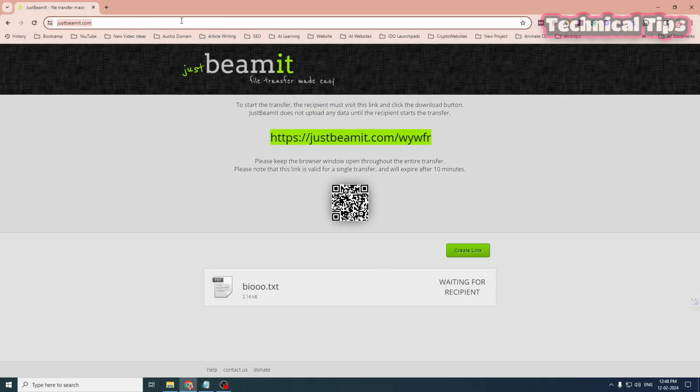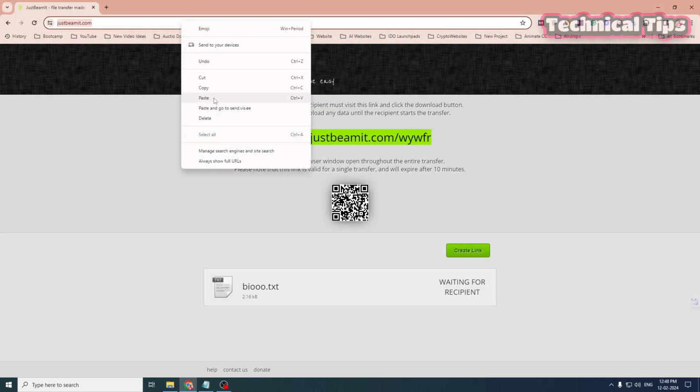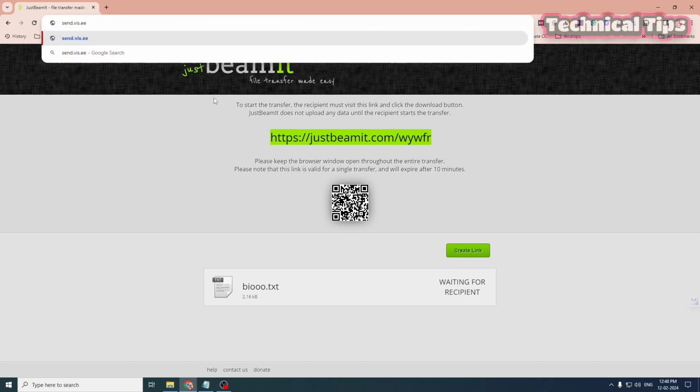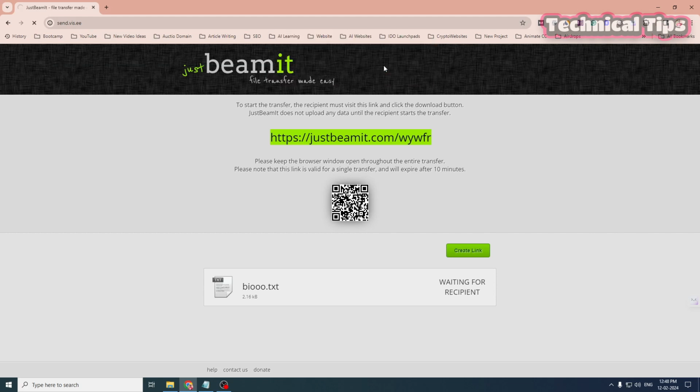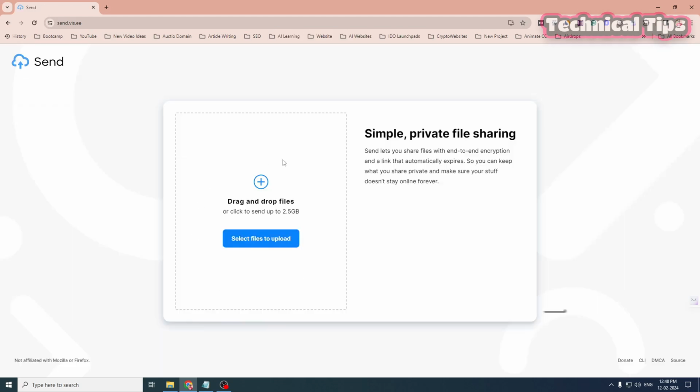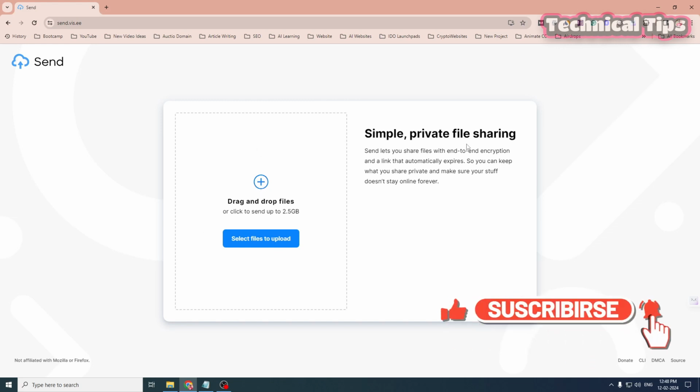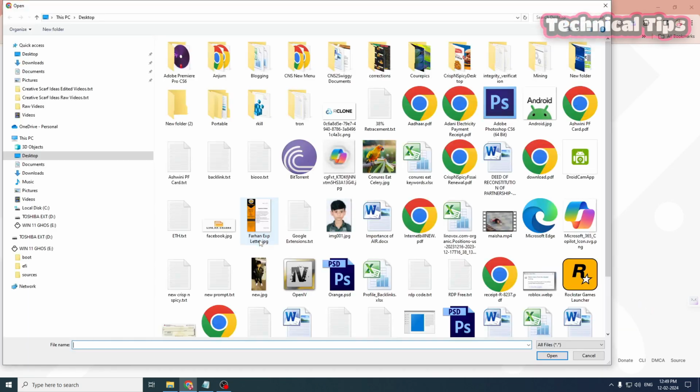Now we'll just move on to our last website. That would be send.vis.c and press enter. So when you go to this website, you will see this type of interface, simple private file sharing. So simply click on select files to upload and select your file,